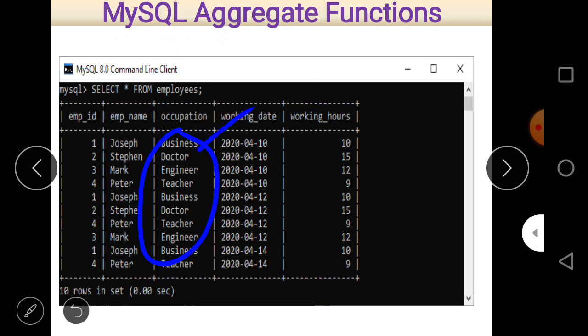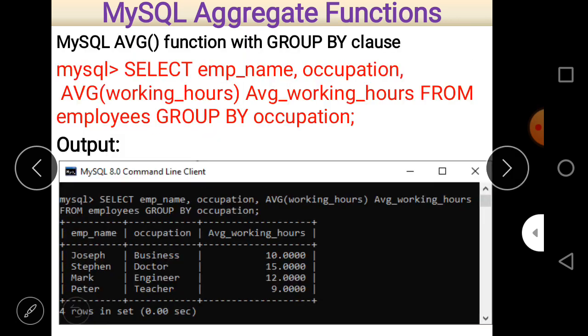So these are business, doctors, engineer, and teacher. These are the four occupations, and there is a formation of group on the basis of occupation. There are actually four occupations here, and you can see here, this will appear here,